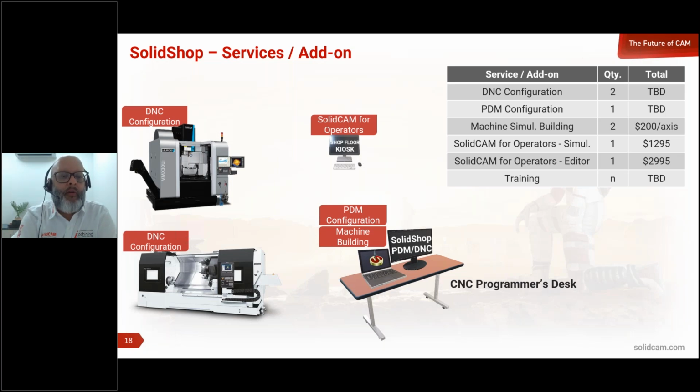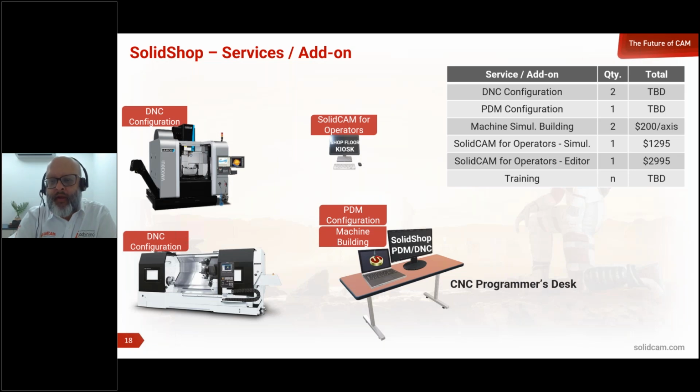because it generates also opportunities for service. So in this case here, we have 2 machines. If you want me to configure and install this for 2 machines or 10 machines, I would charge you a fee. Okay, normally it's a daily fee to be in the office, in the shop with the customer. PDM configuration can generate easily like 10, 20 hours of work, sometimes more if the customer wants a sophisticated implementation, integration with ERP and all that. So we can also do this. We can also write custom interfaces between PDM database and other third-party systems for the customer. We can charge for that.